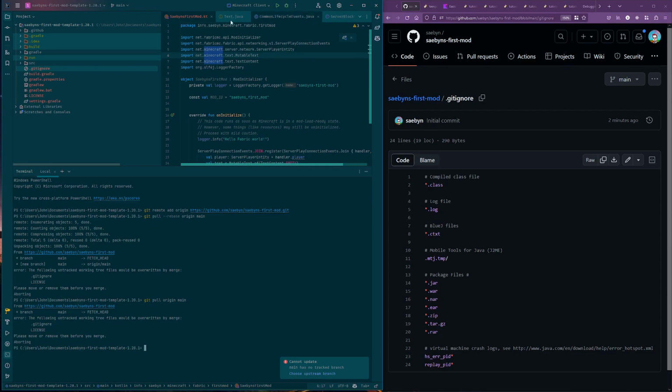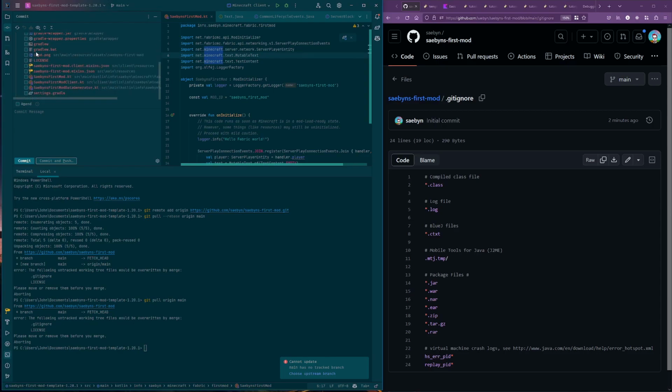Okay, so what we need to do is we need to commit everything. What's this? Yeah, these are inversion files. So what do we not want to commit? I'm pretty sure we want to commit Gradle wrapper, all that stuff, to make it easier to check out and start the project. All the rest of this stuff. So initial files from